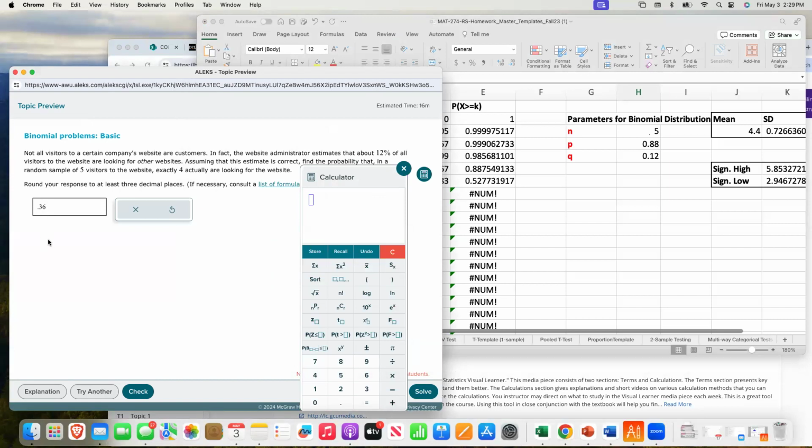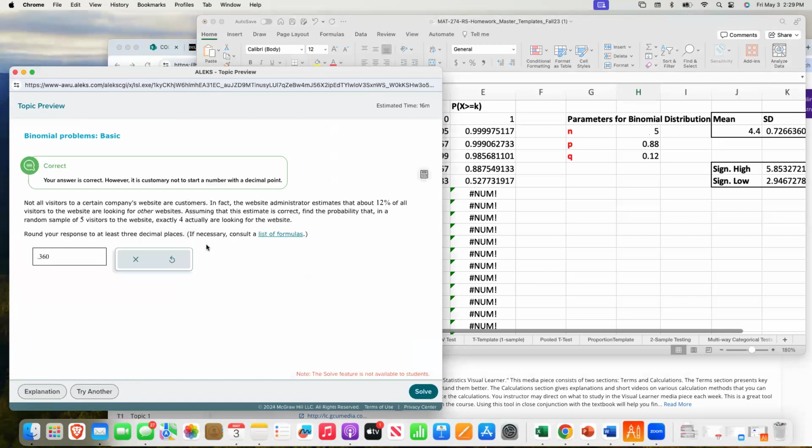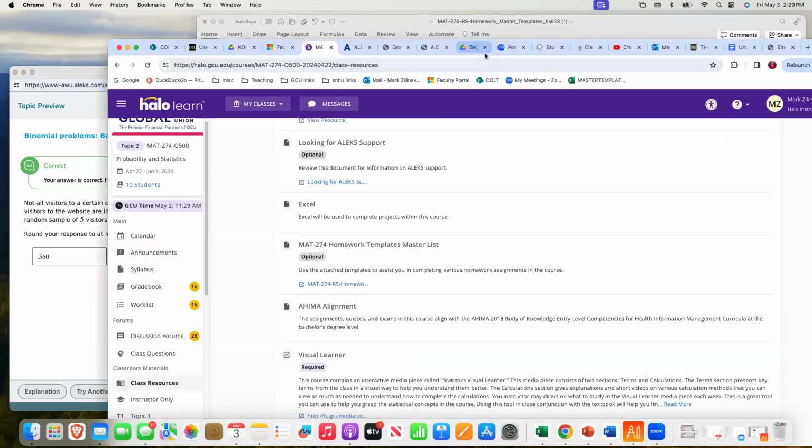That's rounded to 3 decimal places. And I will go ahead and check my solution, and there you have it. Now, the other way you could do this is, remember I showed you in the other video, and if you hadn't seen this, there's